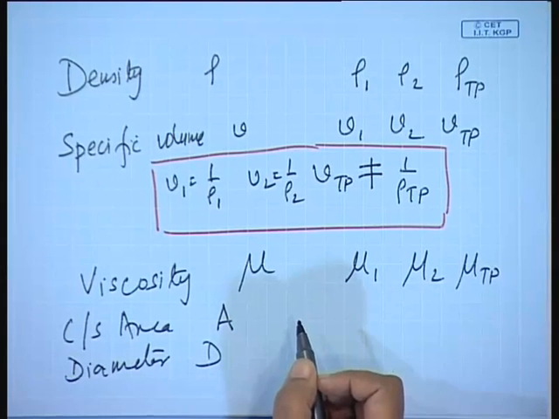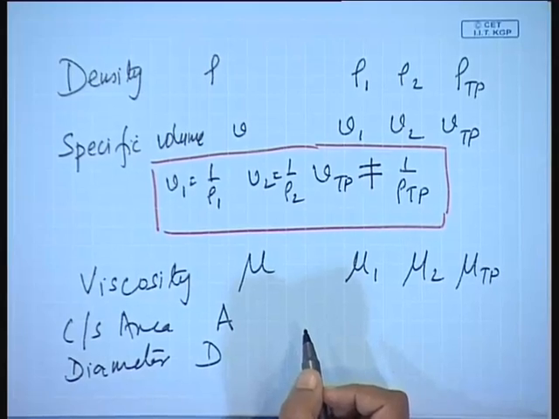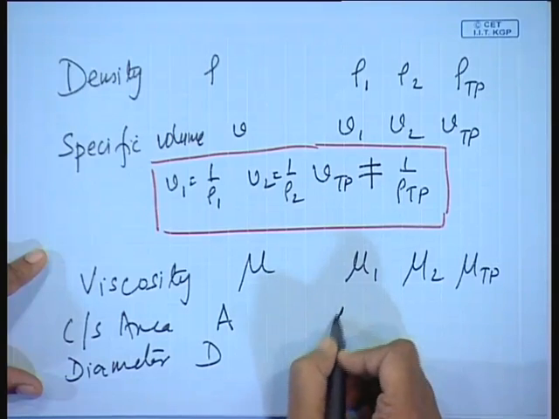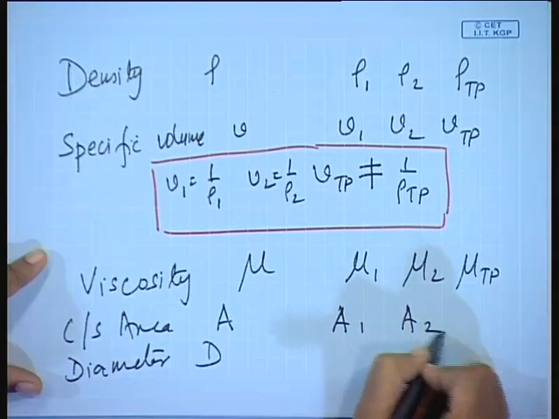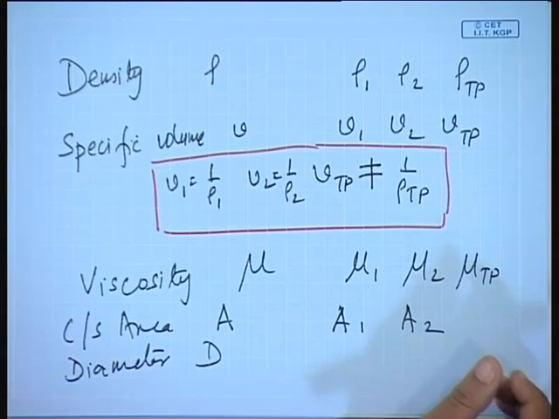In this particular case, in addition to the total cross sectional area, it will be important for you to know how much of the cross sectional area is occupied by phase 1, how much of it is occupied by phase 2. So, accordingly, we have A1 here, we have A2 here, where naturally A equals A1